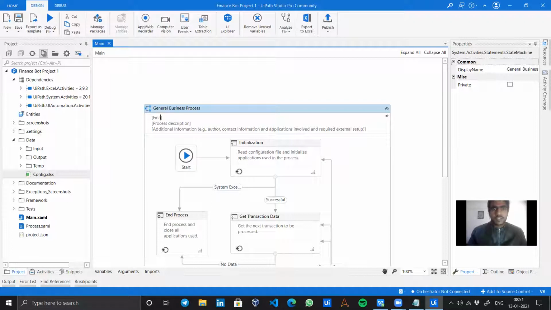The process title is finance bot project 1. Filter and merge the students data in multiple fee headers, and I will write just my name, Piyush Agarwal. One can contact me on my LinkedIn, that is